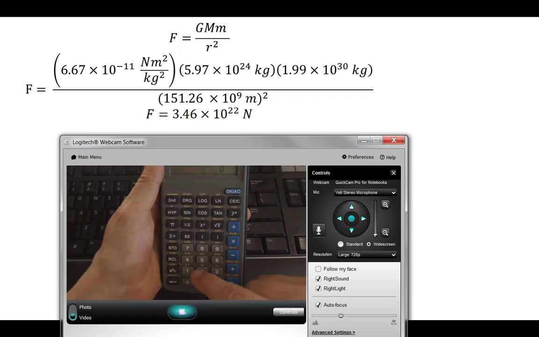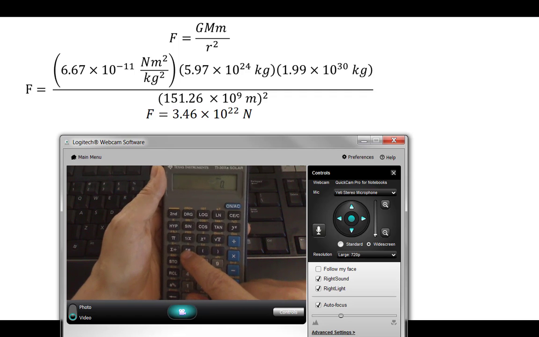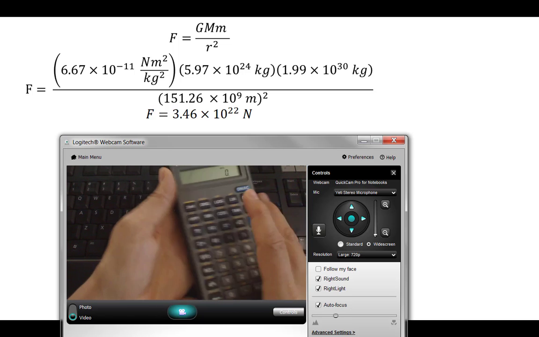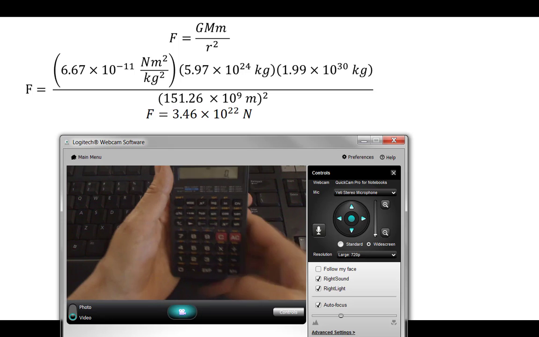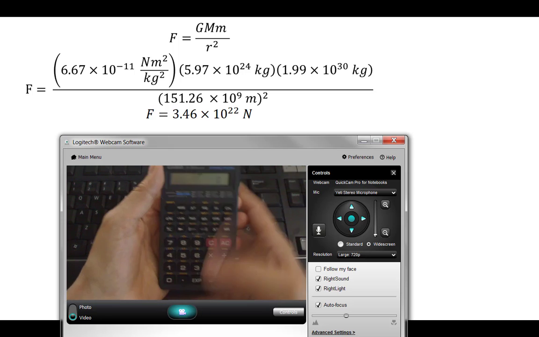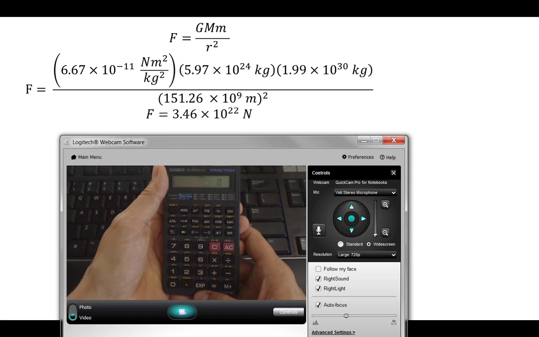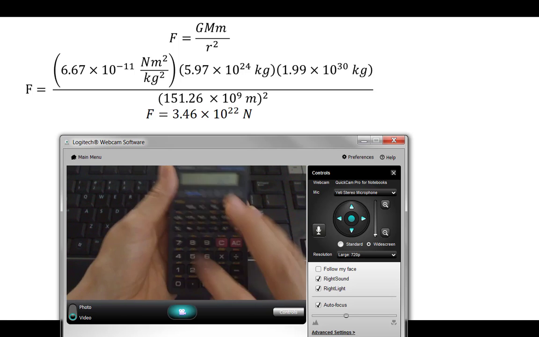The TI-30XA Solar has an EE button again, so I can enter the values in the same way I did on my graphing calculator. On this little Casio, it doesn't have an EE button. What it has is an EXP button down here at the bottom. So using it, plugging things in,